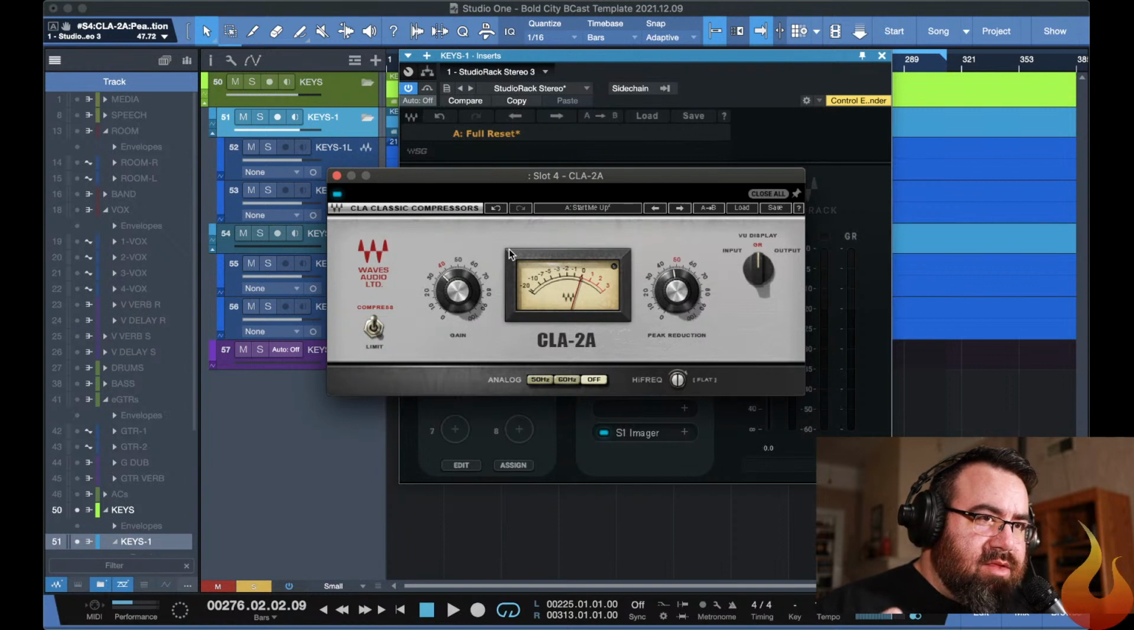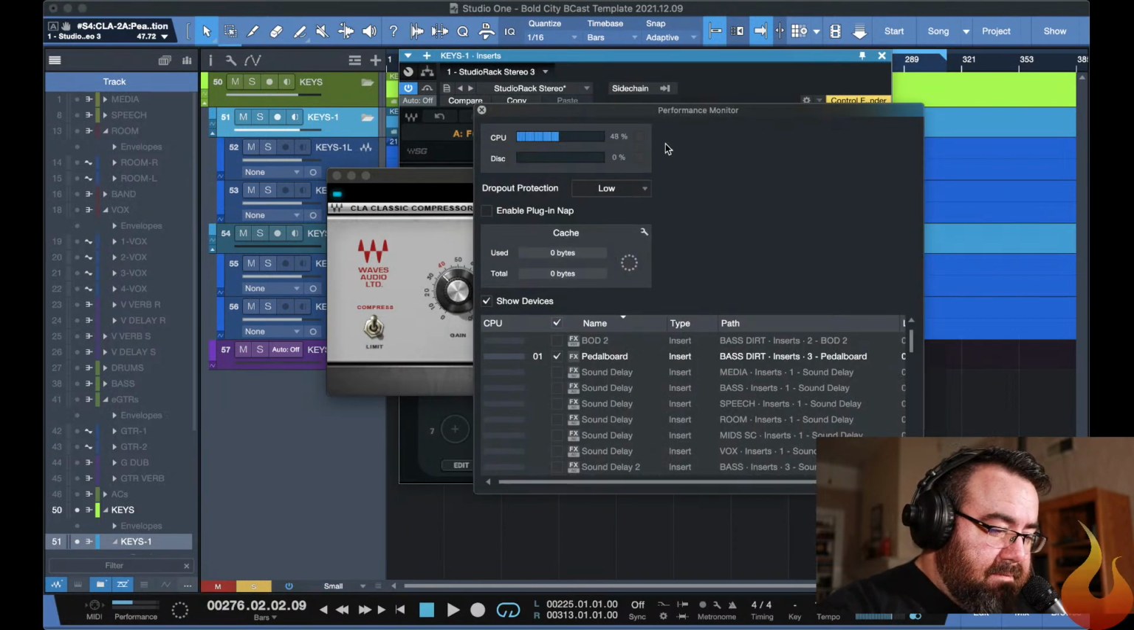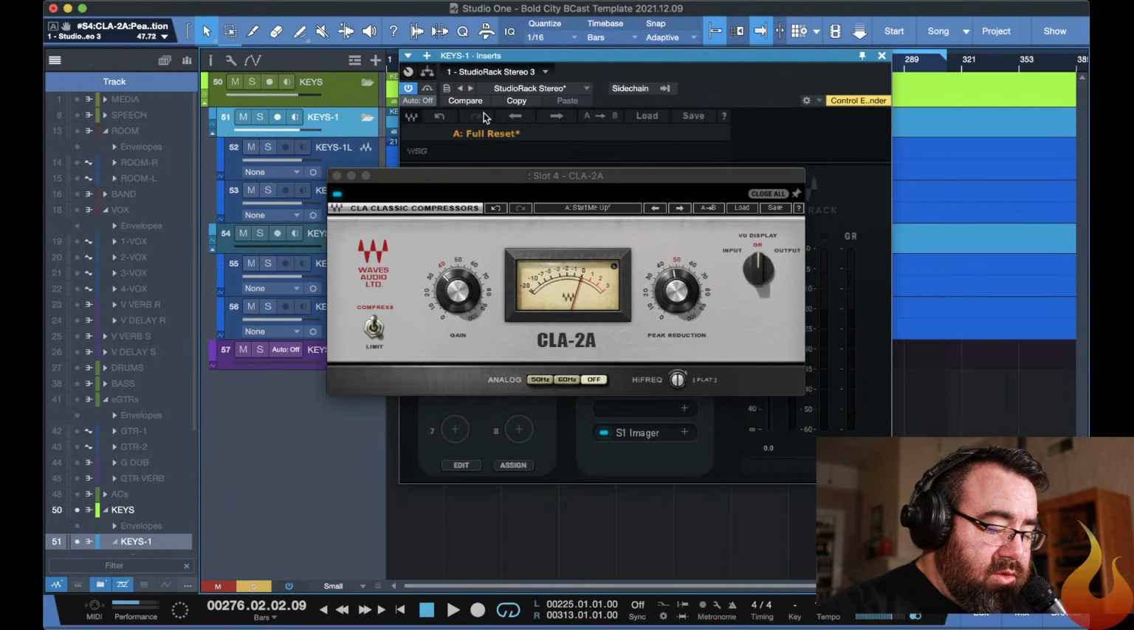That's maxed out at 16 gigs of RAM, and this is a recording. We're hearing it through a solid state drive, and that's working really well for me right now. If you notice, my performance meter is about half right now, and I've got it at low dropout protection, and I put the buffer rate at 1024. So there will be some latency if you're doing this live, but